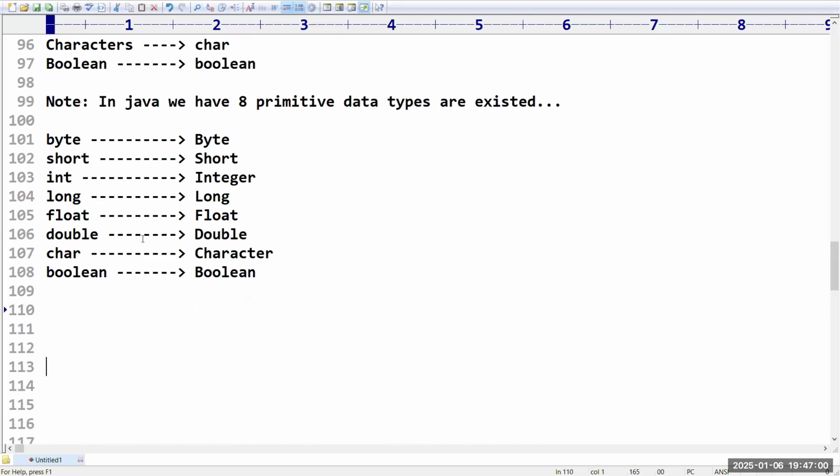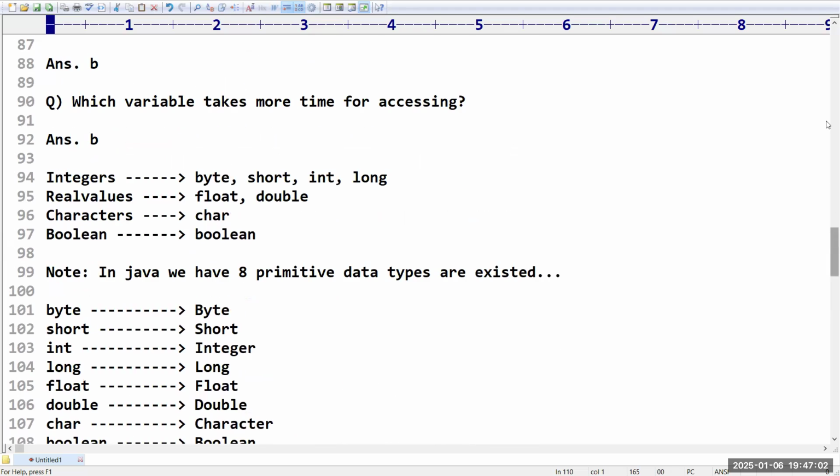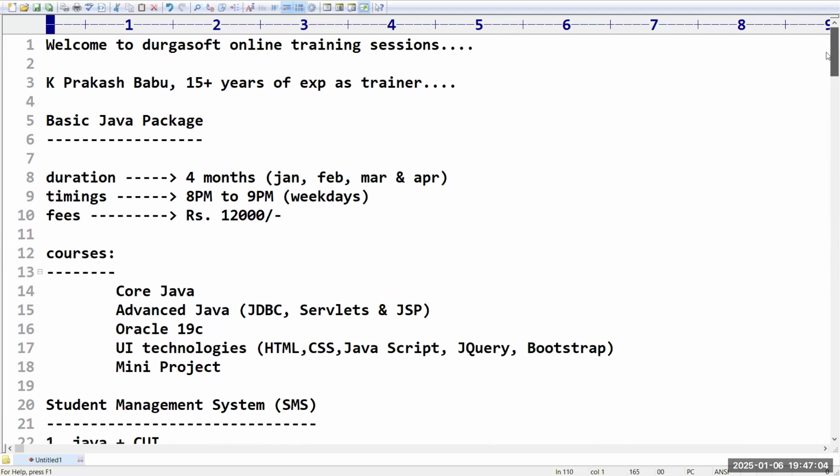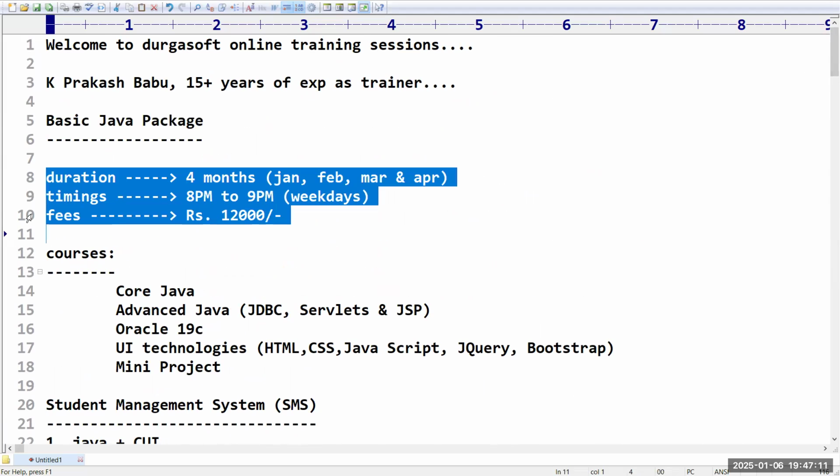Before winding up today's session, let me again give the overview of our course. It is a basic Java package. The duration of the course is 4 months: January, February, March, April. Slowly I'm going to take the classes; it is not fast track.